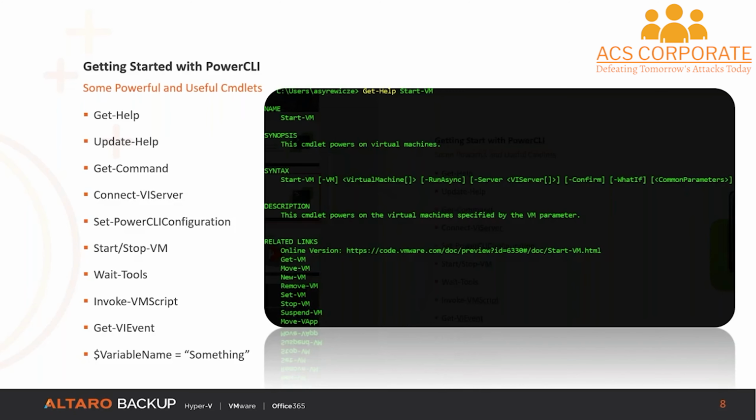So, with that introduction out of the way, I wanted to share some of what I find to be the most useful, the most powerful commandlets that I tend to use in basically all of my Power CLI scripts. Without a doubt, and this surprises some people, Get-Help is my absolute most favorite commandlet